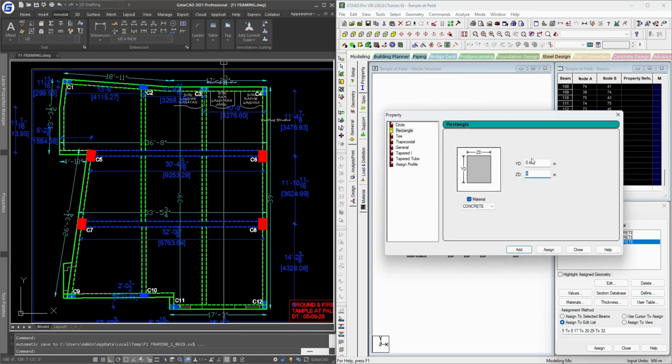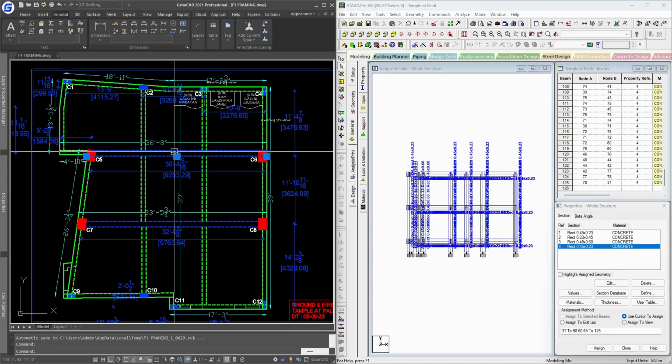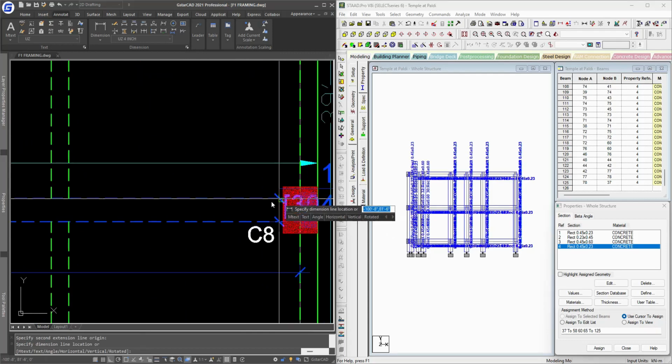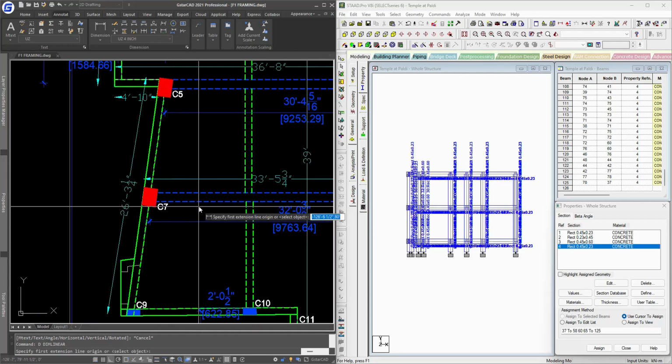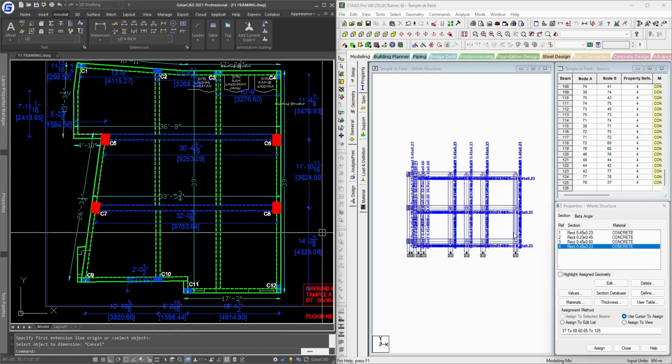So the depth shall be 450 and width shall be 230. I'll directly press assign because I have already selected the beams and then defined the property. Now as you can see, there are two beams which are larger because it's a very long span of 9 to 10 meter. So I'll have to change the property of those beams, and at the plinth level